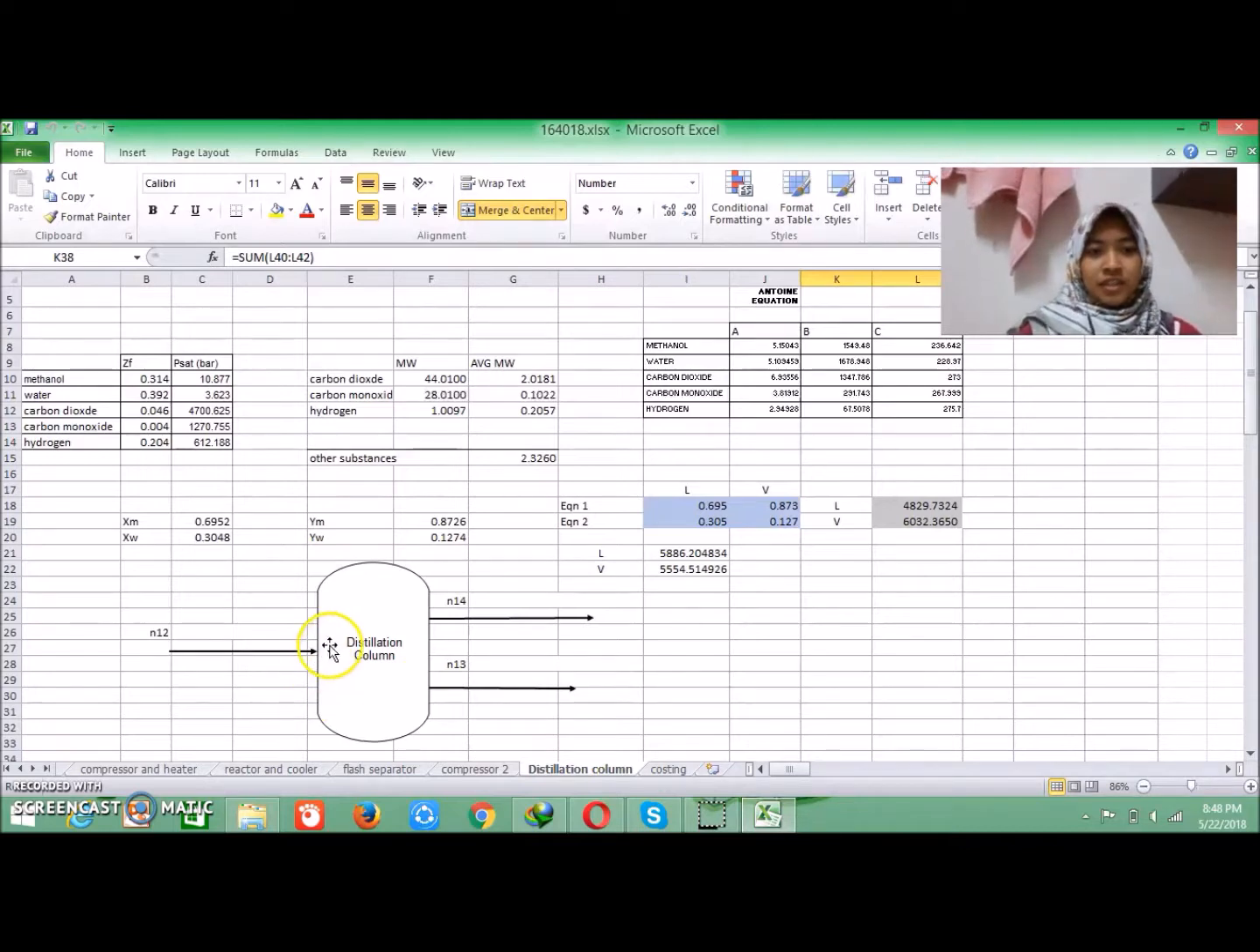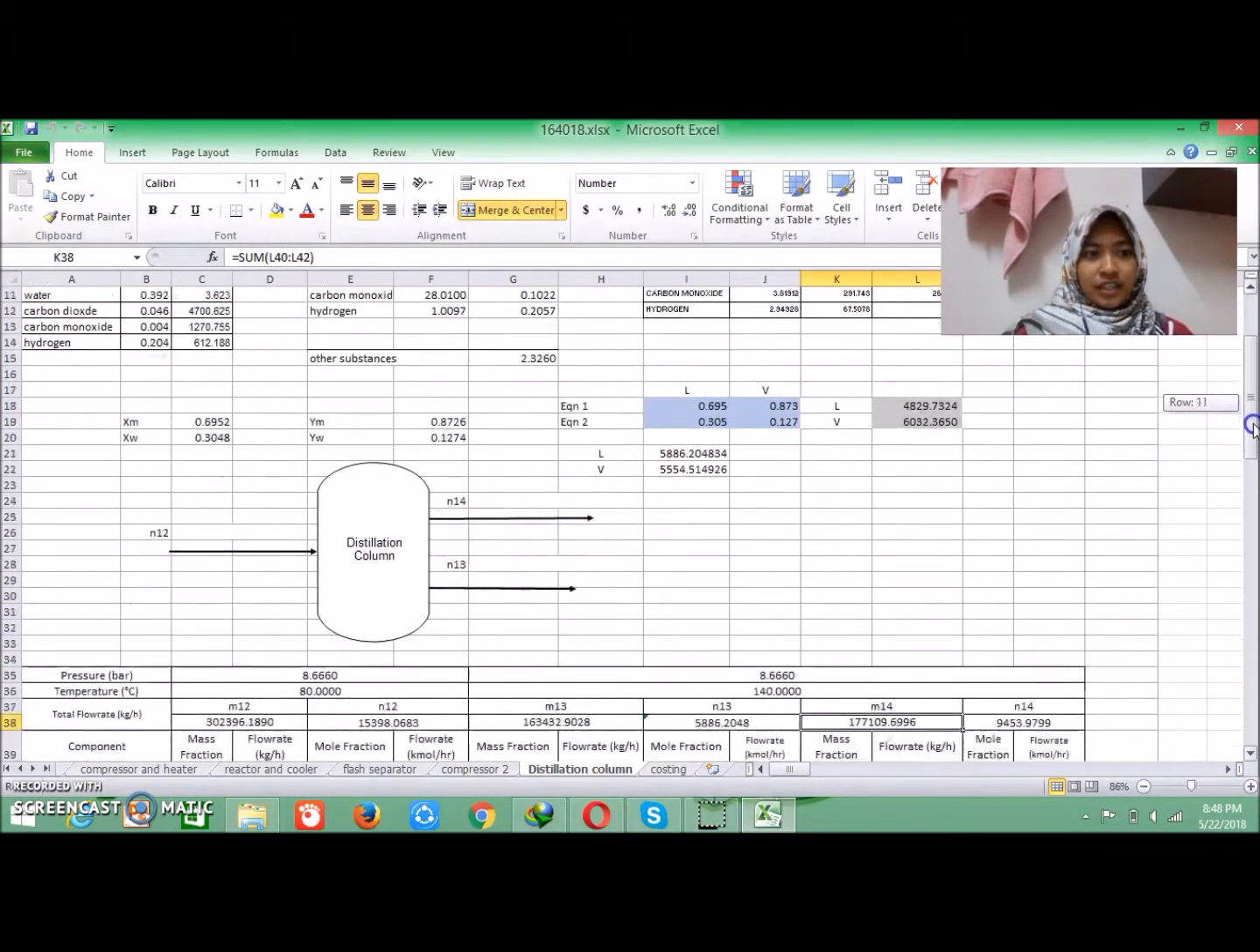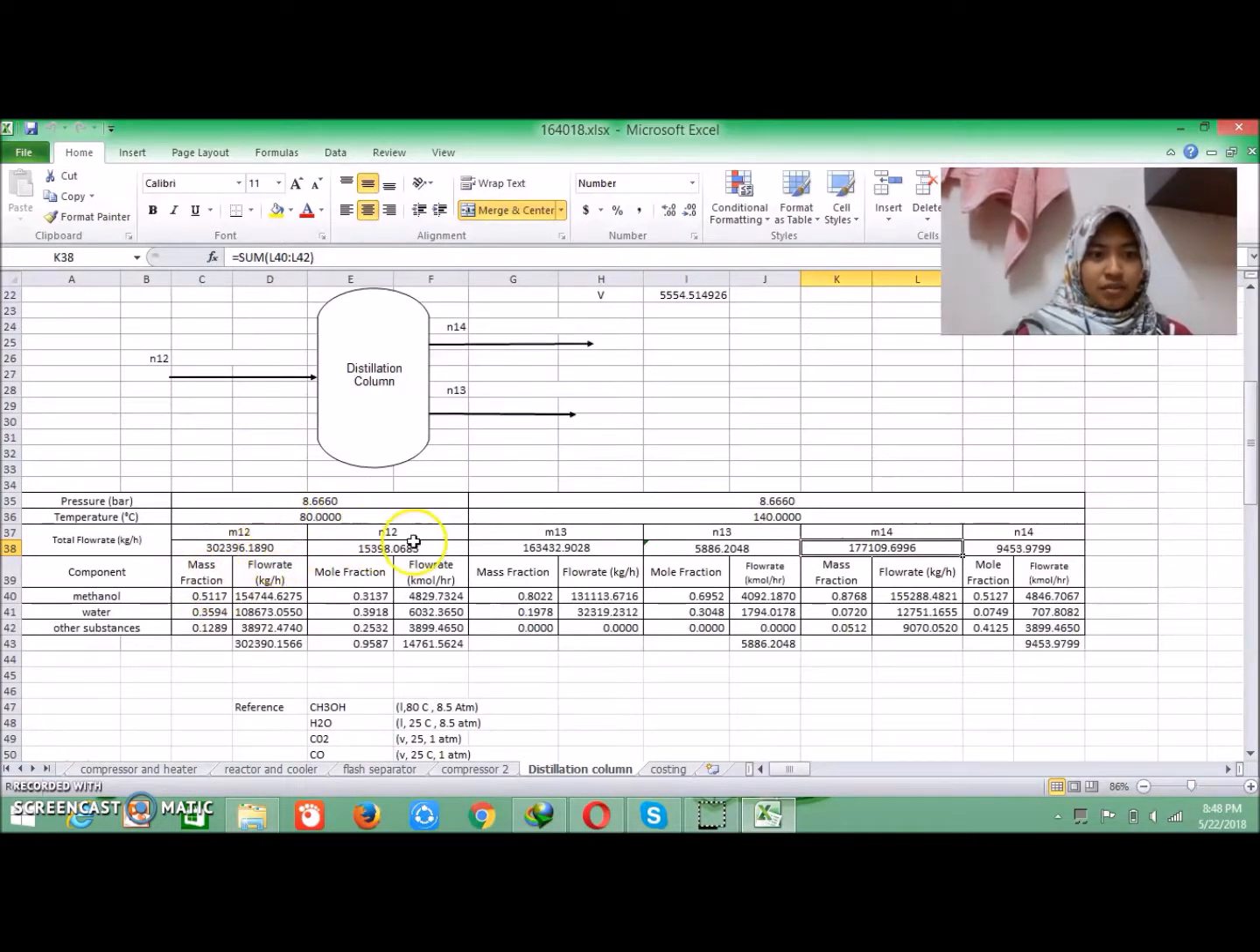For the distillation column, we have N12 as the feed and N14 and N13 as the outlet. In N12 we can see we have methanol, water and other substances, with a mole fraction of 0.3 for methanol, water is 0.39 and other substances is 0.25. With the total mole flow rate of 15,398,